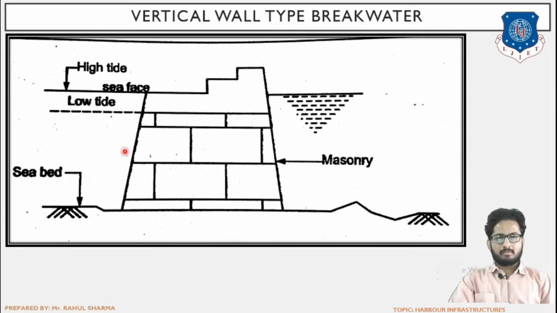This is a very important point to be kept in mind, because we will be using it while understanding the differences between various types of breakwater. So we need to understand the reason why there is not much dissipation of wave energy in a vertical wall type breakwater. The reason is the non-existence of any voids through which water can pass. So I hope that point is clear.